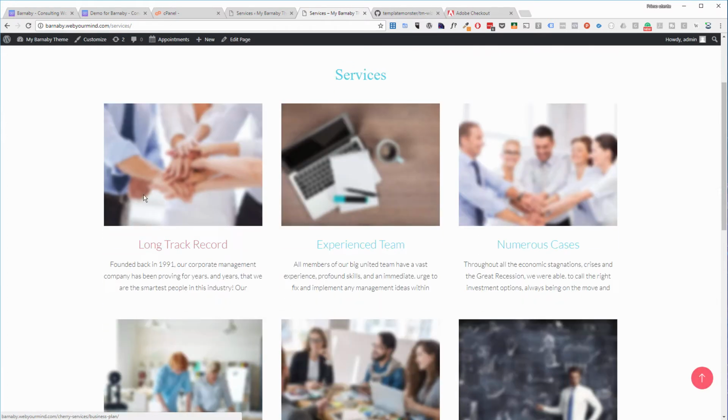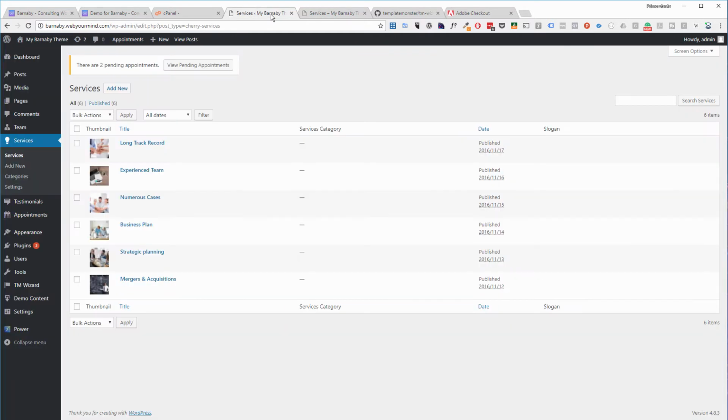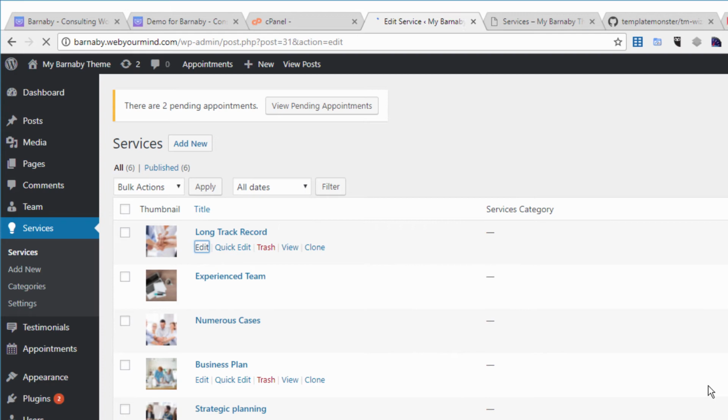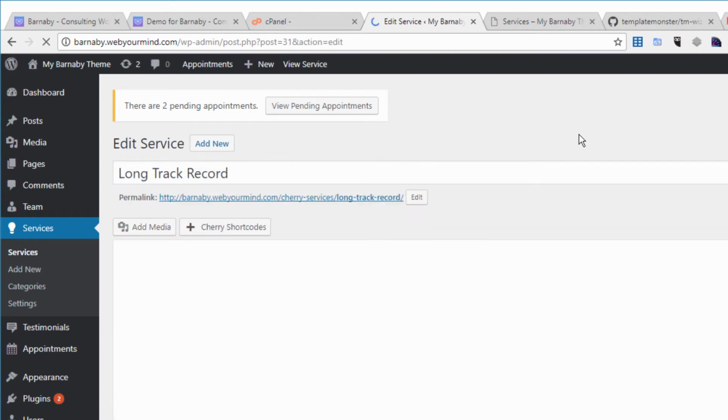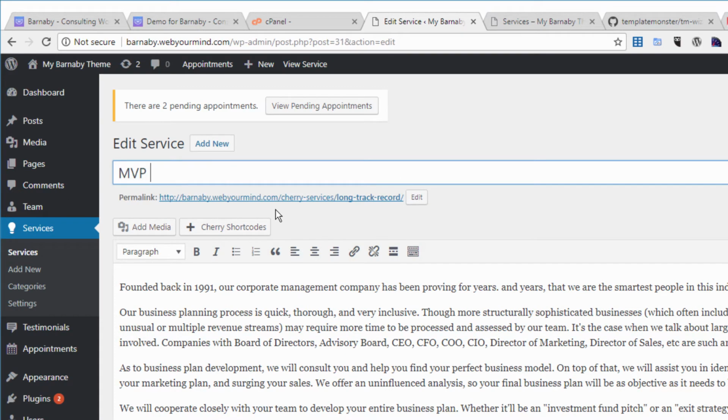So on this page you can see long track record, experience, theme, and so on, and that's the same thing you have here. So imagine that I want to change one of those services. I can just edit that or add a new one, change the name. So we're gonna call it MVP development, minimum viable product, and then let's get rid of this featured image and replace that